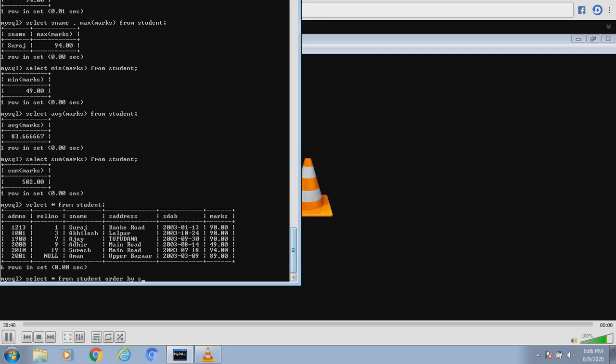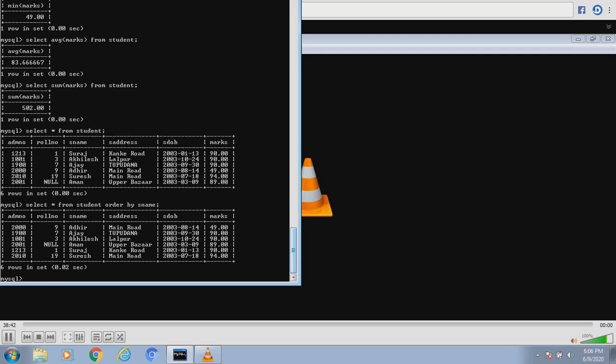See, actually it gets a dictionary order according to the name of the student. So I can do this. The table's records have not been ordered, only it is being shown ordered on the screen. The table's data is as it is. It has not been shuffled or shifted. Nothing has been done. It is only being shown on the screen for our convenience.